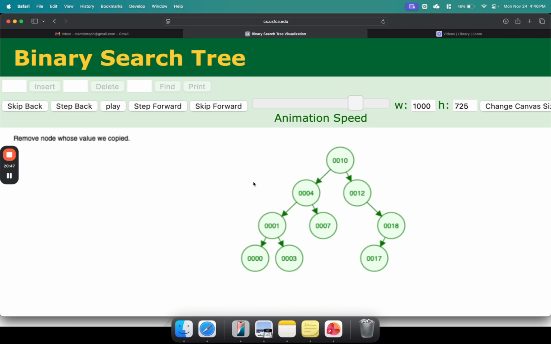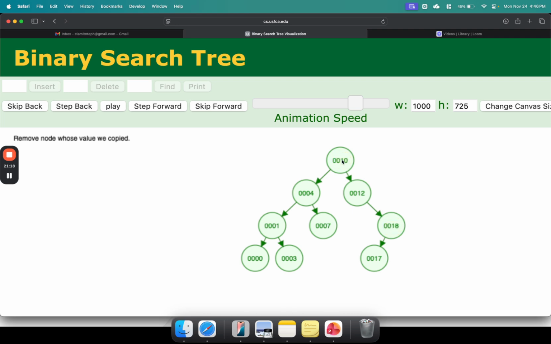Getting the max is simply passing the tree as a parameter and iterating to the right child until you reach null. For example, if I were to look for the max of this specific tree, I just iterate to the right children until I reach a null. There's null here, so 18 is the biggest value in the tree, or the max.